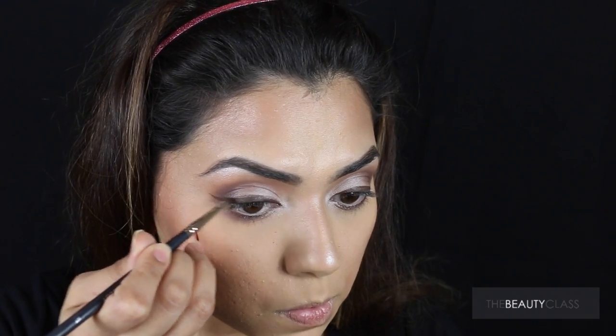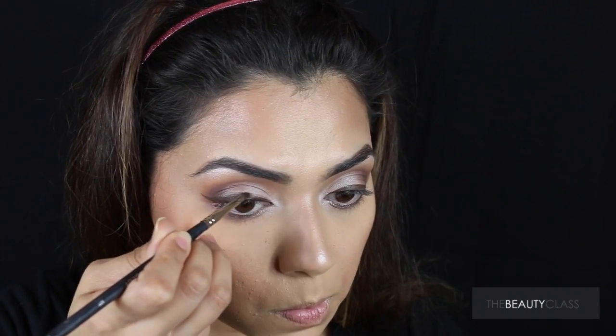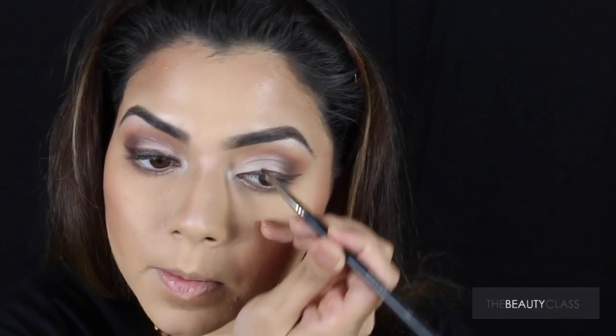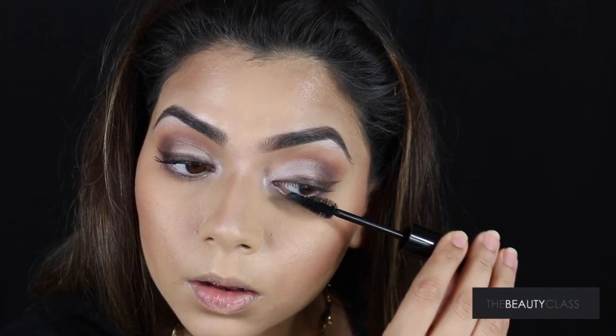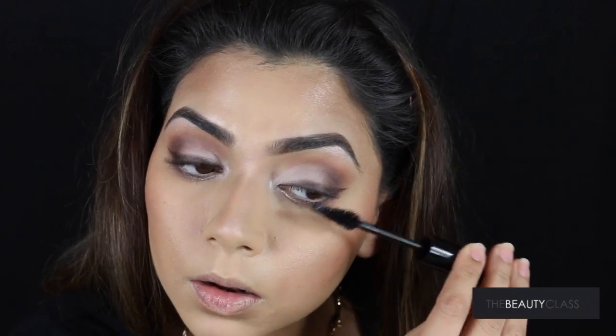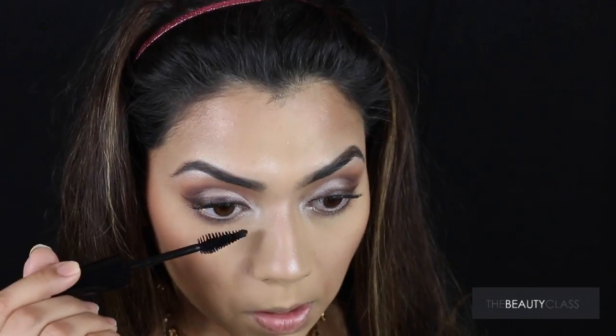I've used a similar technique in my previous tutorial, which was my soft day look. I'll link it down below if you haven't watched it already. And I used a black liner instead, and a black matte eyeshadow to buff out the edges. I'm gonna go ahead and put this Makeup Forever mascara on my lower lash line and my upper lash line,